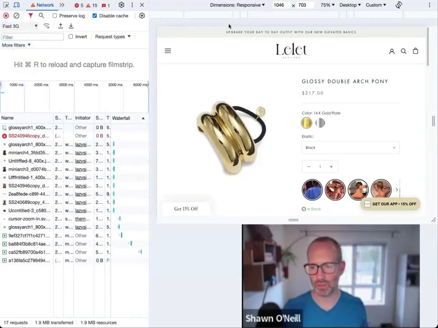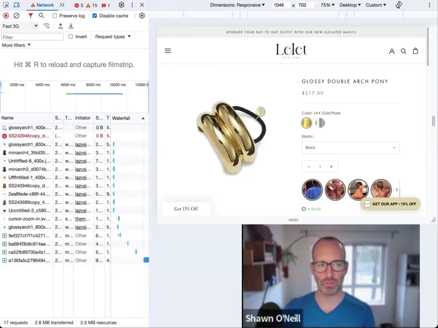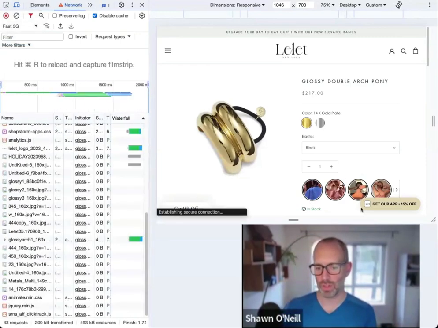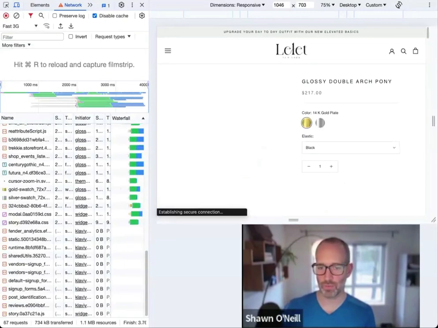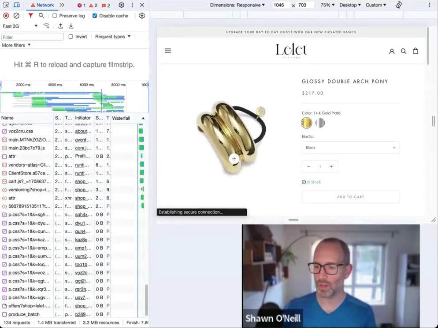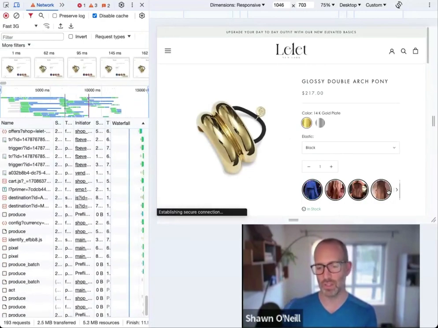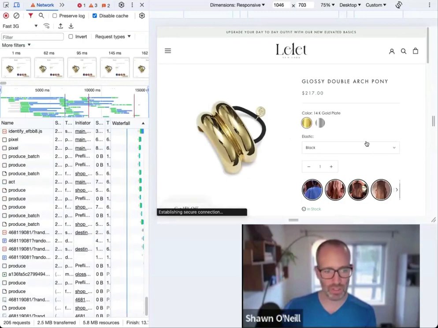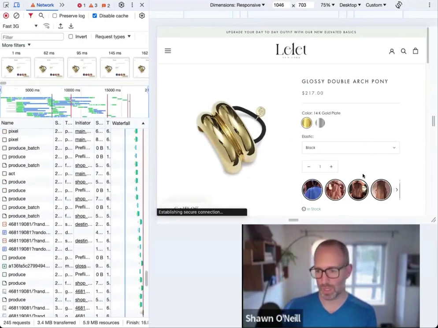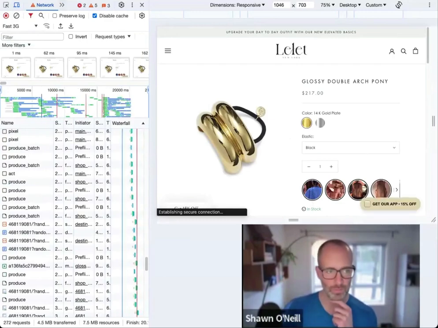So one way to tell is with a clear cache, we'll refresh the page with a really choked network and see, do we start seeing this content before the main content, or is it treated as secondary? And so we get the main hero of the PDP showing up, and then the video comes in later. That's great. One thing I would look out for on a page like this is that, let me load this again in a second, and watch this area, and it gets pushed down as this element loads,